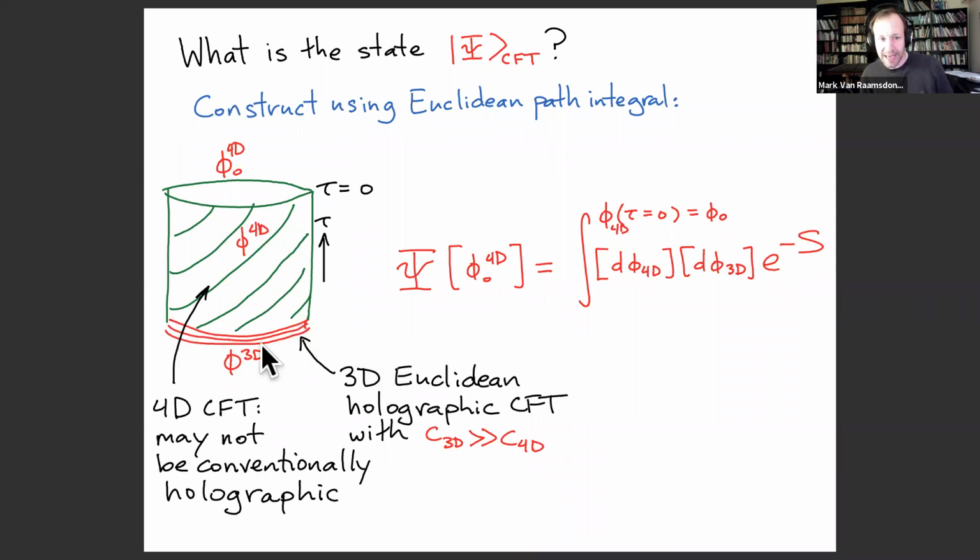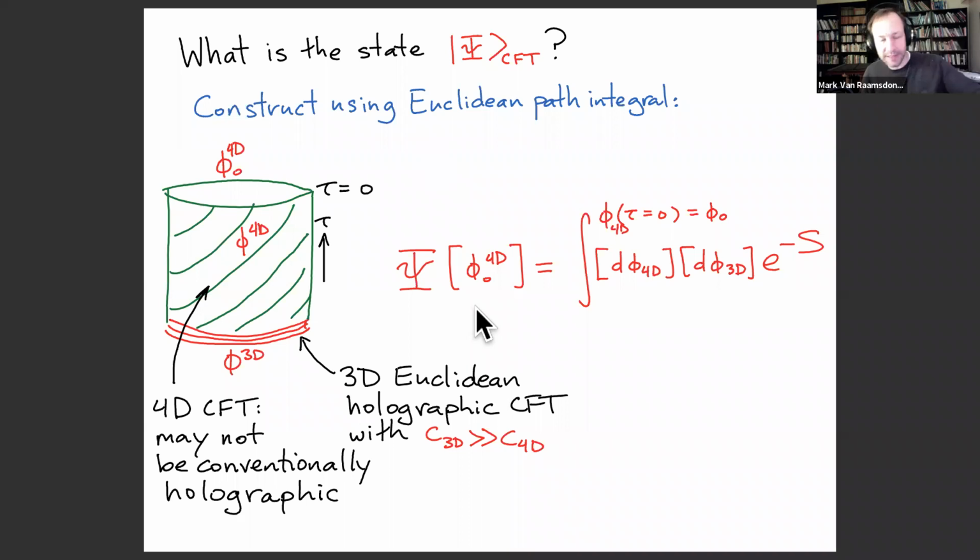So we have extra field theory degrees of freedom living down here in the Euclidean past. And I'm actually going to choose this theory to have many more local degrees of freedom than the 4D theory. Okay, so maybe there are a lot of fields here at this past Euclidean time, relatively few fields here. And that's going to actually be related to the gravity localization.